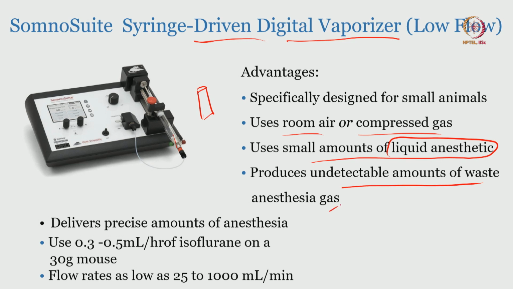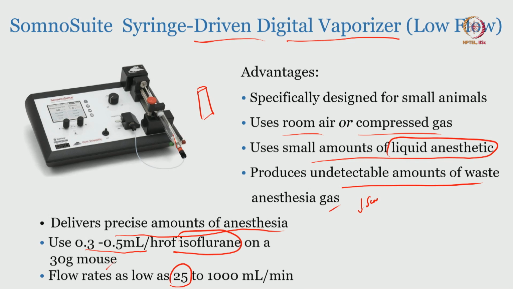undetectable amounts of waste anesthetic gas. So here even if there is no scavenger, we can manage because the waste anesthetic gas is negligible unlike the high flow, and it delivers pretty precise amounts of anesthesia. This is useful if your delivery is only 0.3 to 0.5 ml per hour of isoflurane on a 30 gram mouse. Okay, and flow rate as low as 25 ml per minute can be achieved with this sort of digital